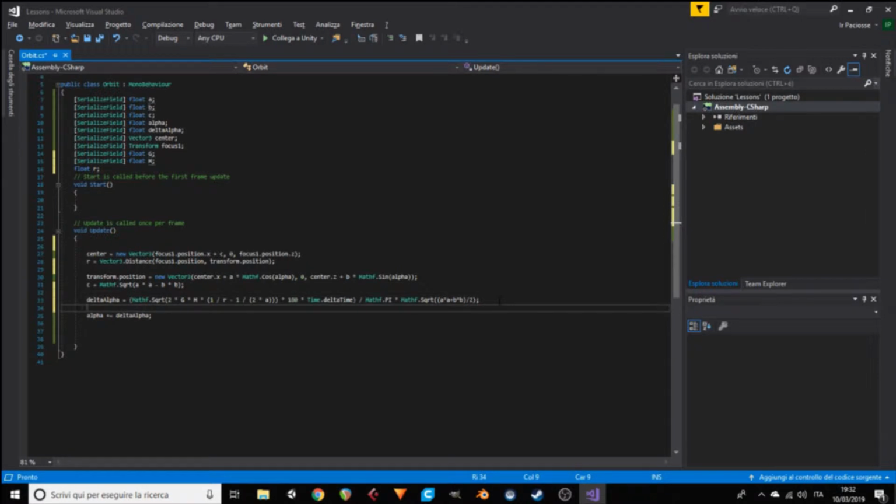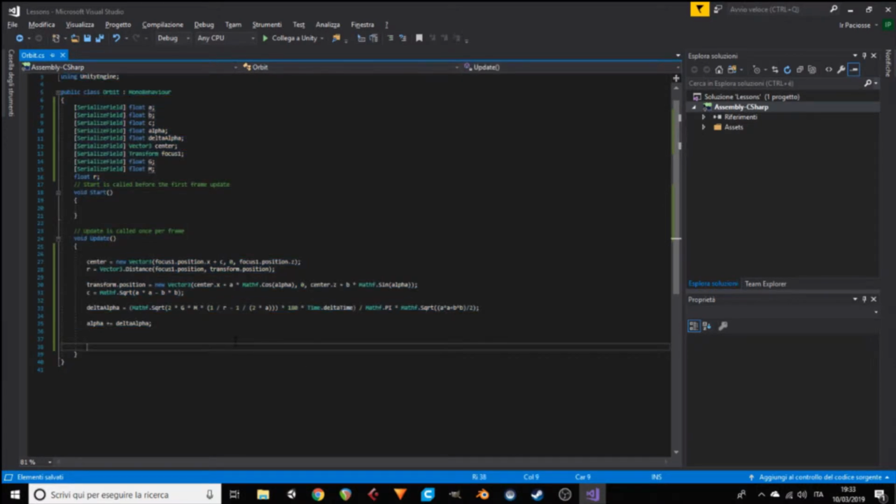Okay, so we're done. I translated the whole thing, and I just realized that this whole model here wouldn't care about your rigid bodies. So at the end of the video, we're just gonna try and adapt the model to be used with rigid bodies in case you want to do something